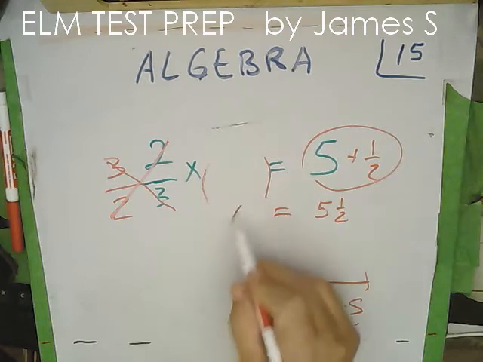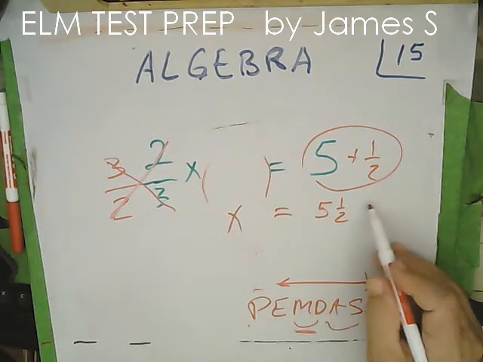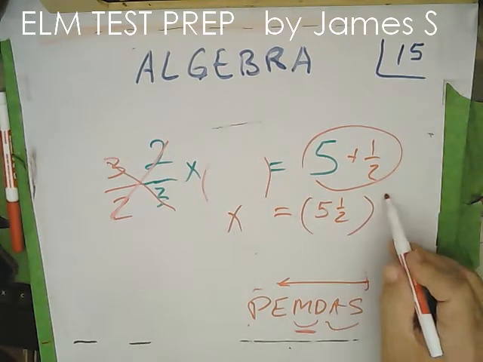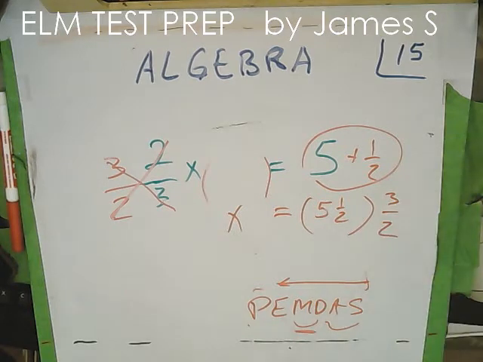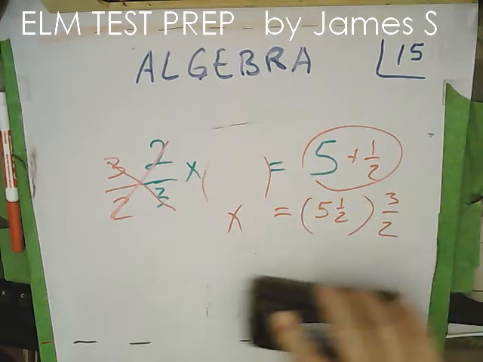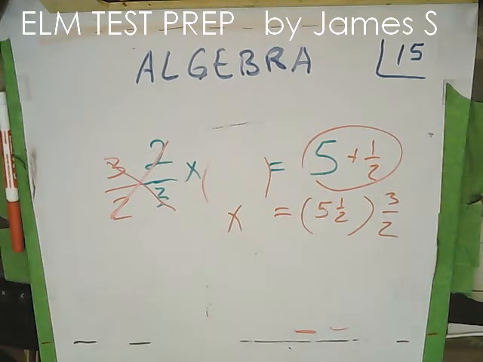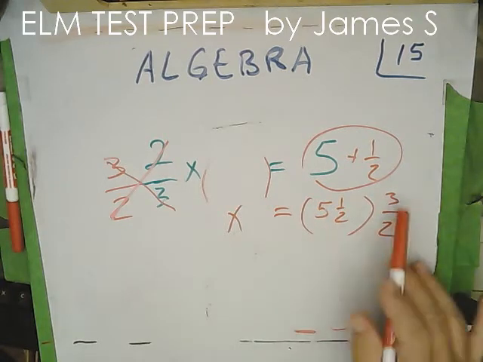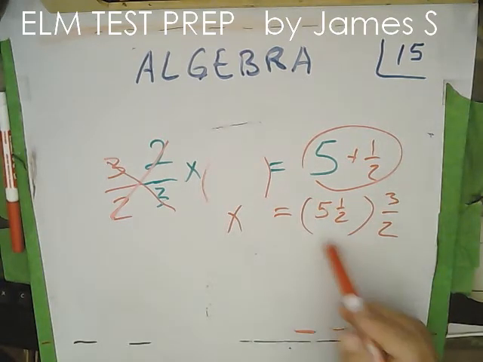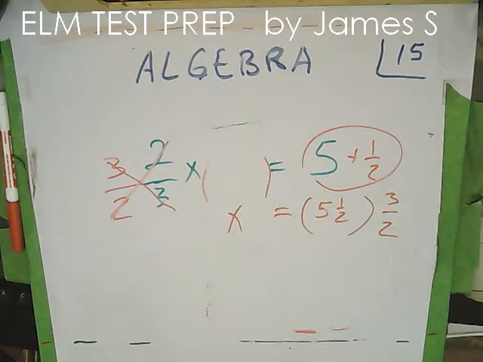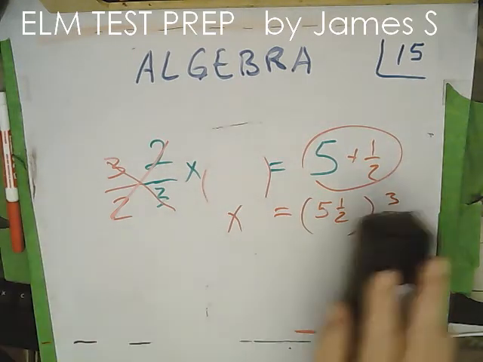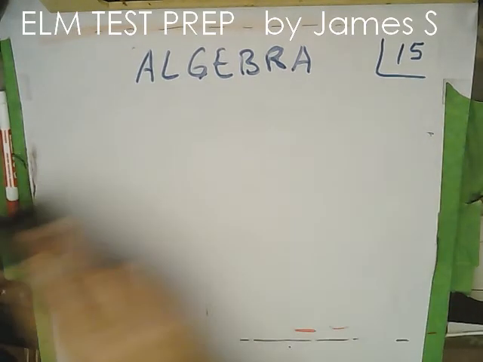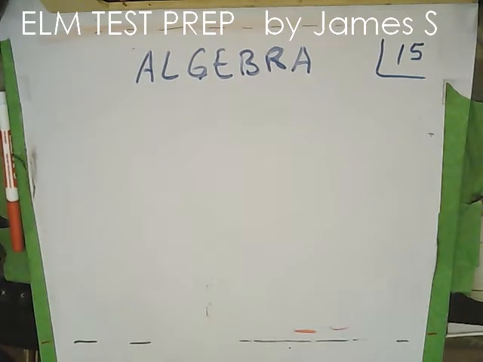I'm left with x. And then I have to do the same thing on this side, multiply by 3/2. Almost forgot that, didn't you? Well, as long as I do the same to both sides, I'm good. So now my final answer is x equals 5 and 1/2 times 3/2. And of course, we could do the math on that, but I'm more interested in the operation that we did to get there than the actual answer. Alright, so